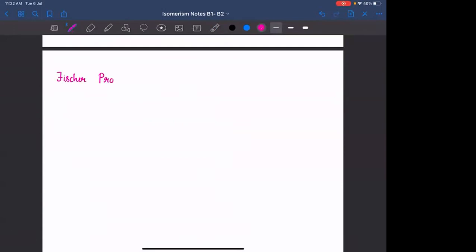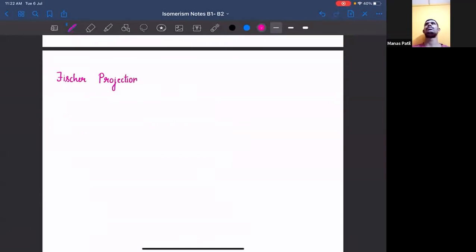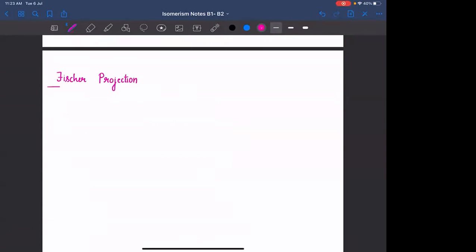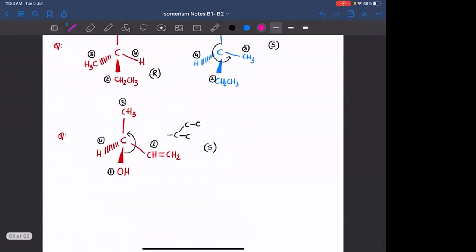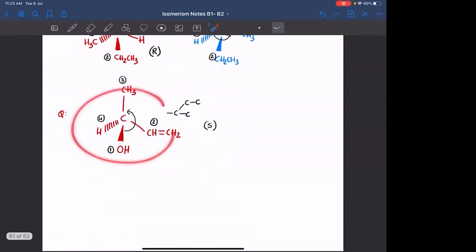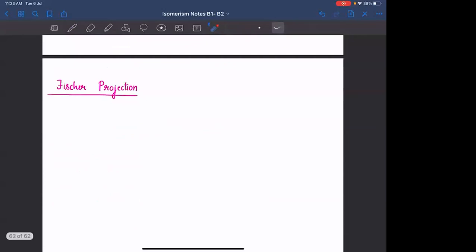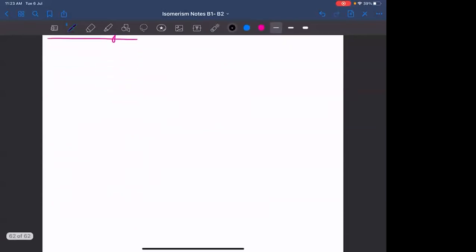Very important. You will be seeing the representation of the molecule in Fischer projection in your question papers rather than this representation. You can also see this representation, but it is not so common. We will be using Fischer projections. What will we do in this? Understand? If you have a tetrahedral carbon, you will be having 2 bonds in the plane and 2 bonds, one of the bonds coming out of the plane and the other going into the plane. Agreed? Okay.